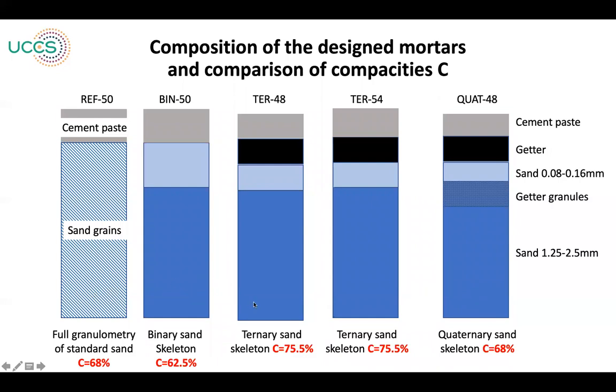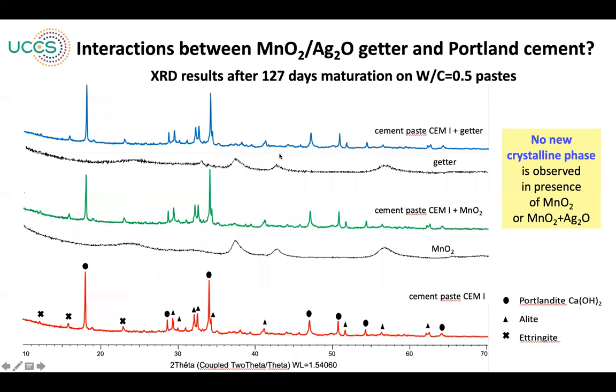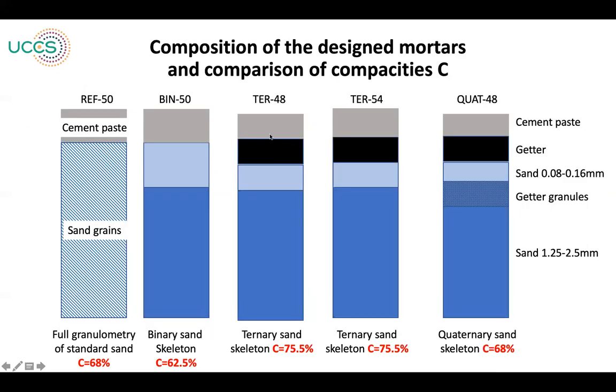We have been selecting two sand classes, the biggest and the smallest, the biggest here and the smallest here, added with the getter as a powder, and we obtain a ternary mortar with a water to cement ratio of 0.48. Here is our first mortar, a ternary mortar, which is made with big sand, small sand, getter and cement